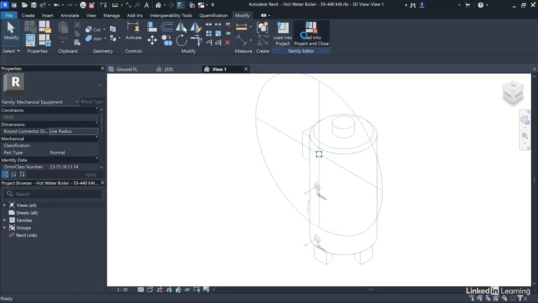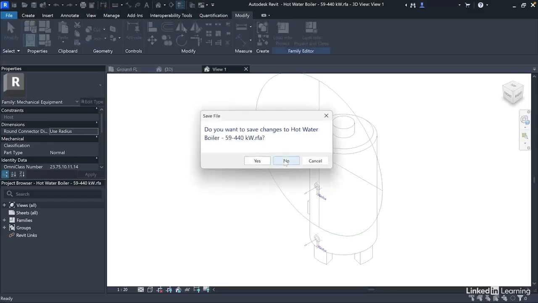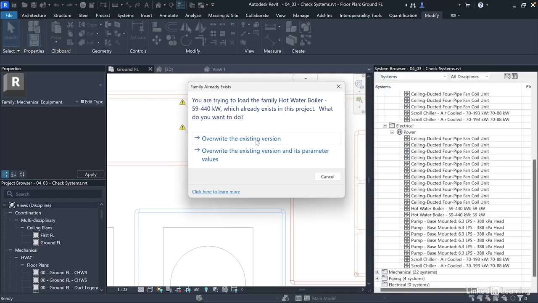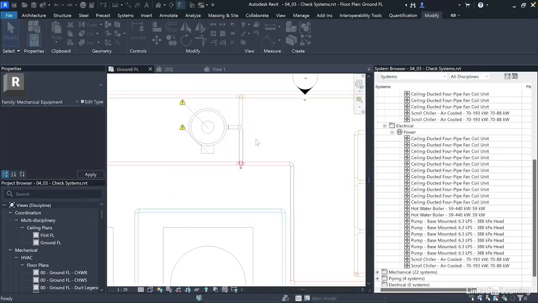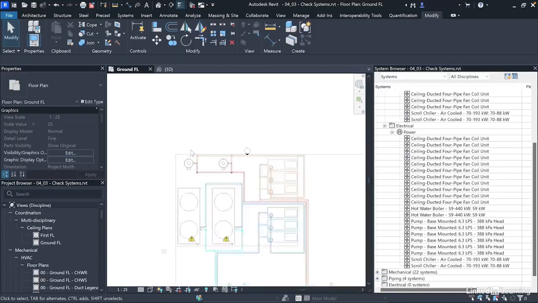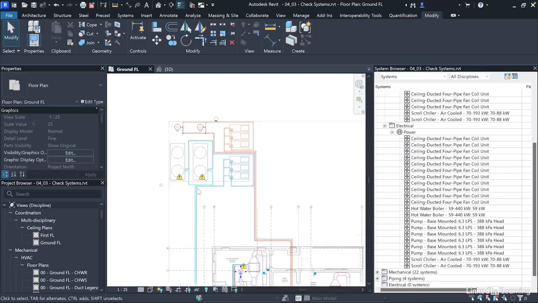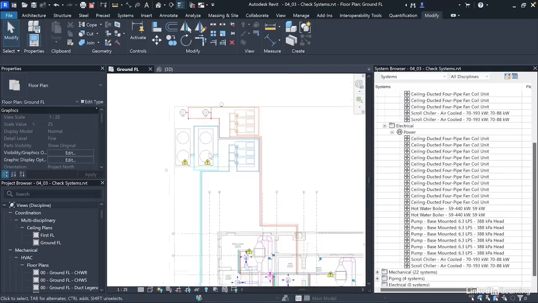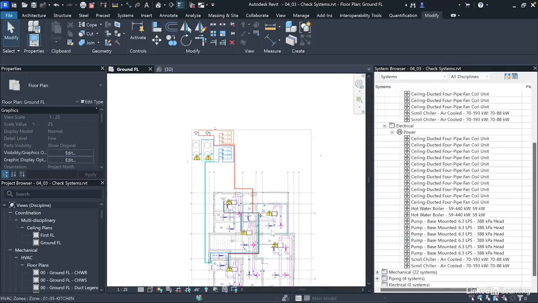So I can just load this back into the project and override the one I have. Make sure you override only the component and not the parameters. So I just select this, and you notice that those two, or the four warnings altogether, have disappeared. Now, thirdly, you can ignore the flags that don't impact your project negatively. So for these other ones, you can choose to leave them. Of course, I can still open this one and delete the ones I don't want, but that's basically the third option. You can just ignore it for now.